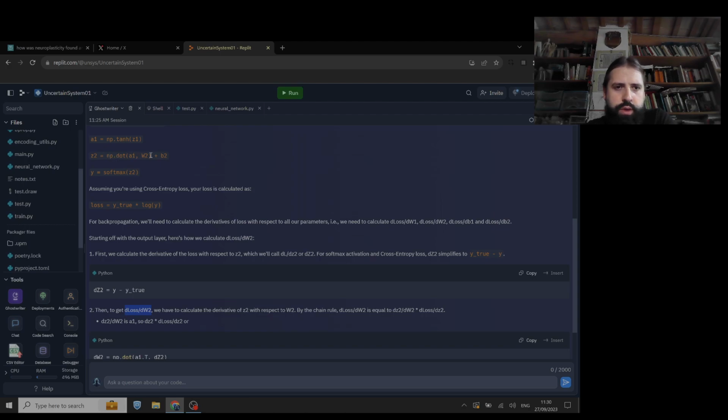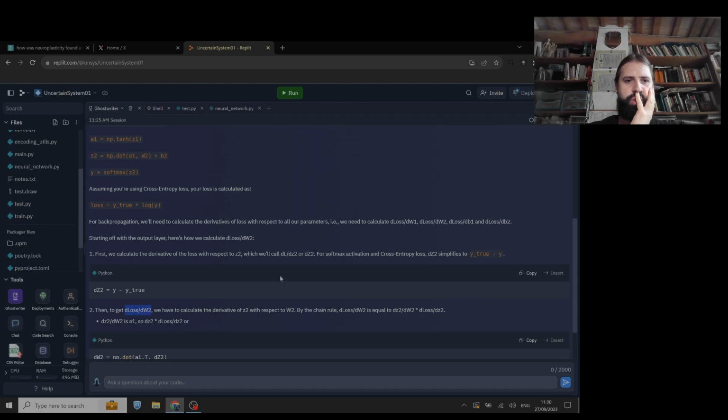Z2 is like all this kind of stuff, right? So you can chain all these, and then basically apply the chain rule. So by the chain rule, the derivative is equal to the derivative of